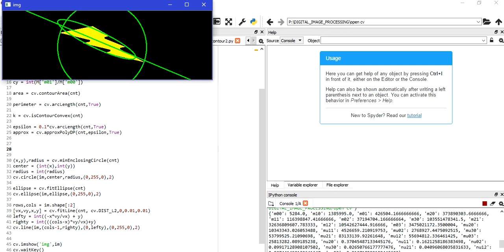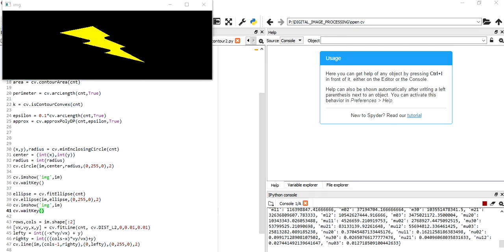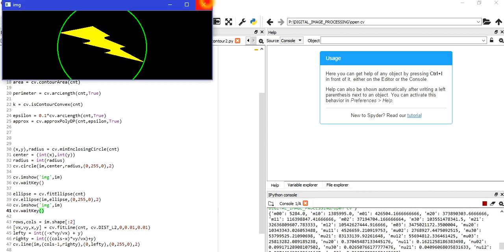See what I have done. I have removed the code for the straight rectangle and the rotated rectangle. So this is the output obtained from today's lecture topic: this is the minimum enclosing circle, this is the ellipse, and this is the straight line. I'm repeating again, this is the input image, this is the enclosing circle, then this is the ellipse, and then this is the straight line.